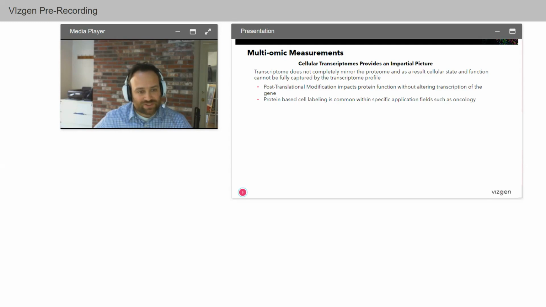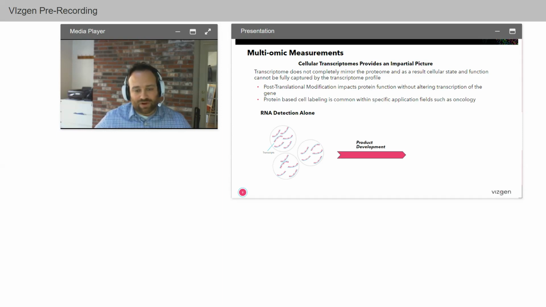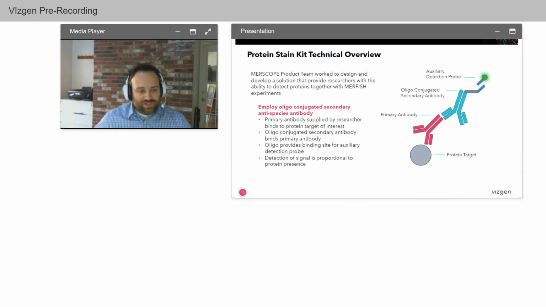And here at VizGen, what we want to do is enable researchers to build upon existing information, build upon existing techniques. And so at that time, we only had the ability to detect RNA alone. So through product development, we wanted to get to a point where we could provide researchers the ability to generate multi-omic data, detect both RNA and protein at a subcellular level. We accomplished this through oligoconjugated secondary